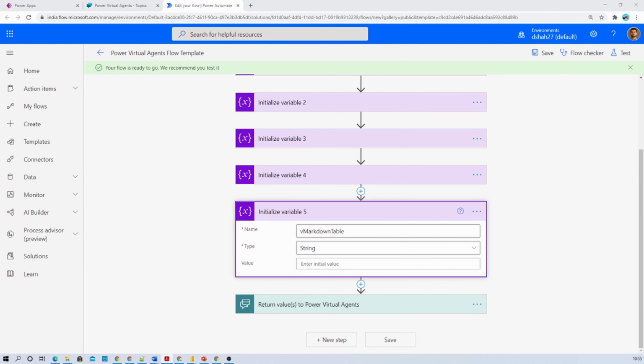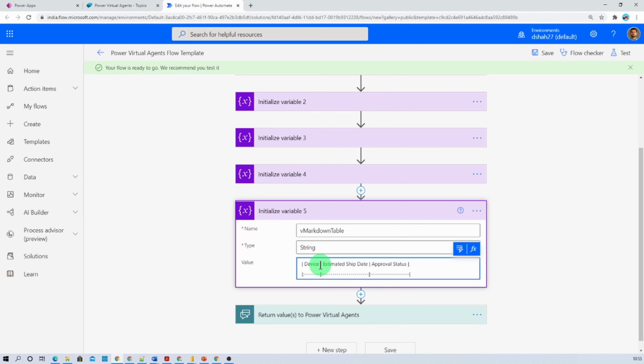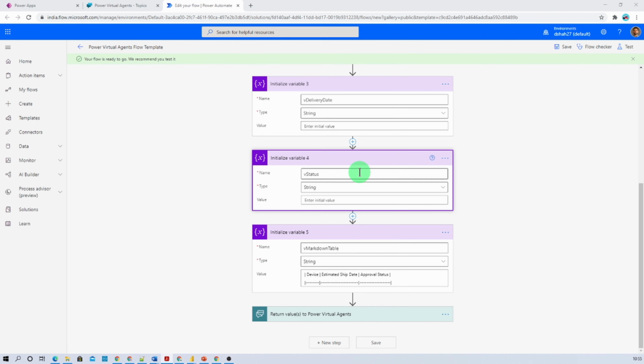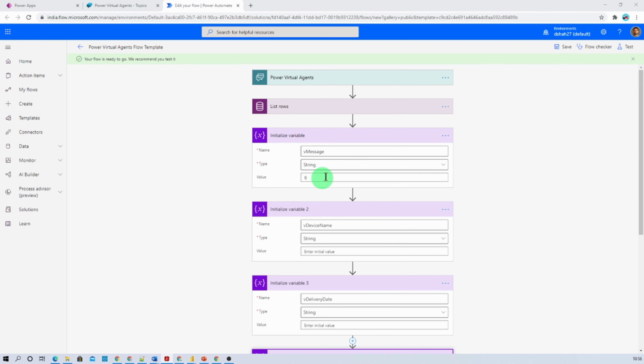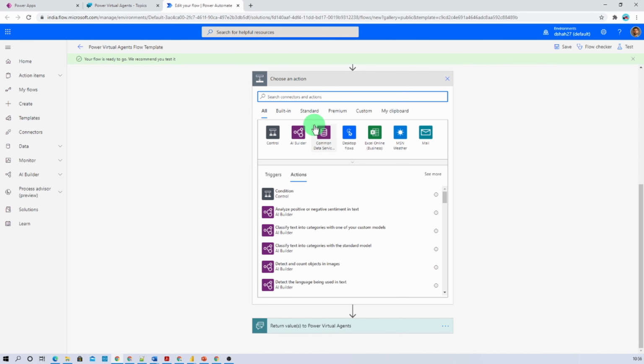So you just need to copy this value from the hands-on and paste it over here. So it will be looking like this. They are the table headers, and after that we just need to provide its alignment over here, right? So this is the thing. So we have defined 5 different variables over here. Now here we have initialized the message as 0. Now let's set the value of the message. So add an action and let's use set variable,